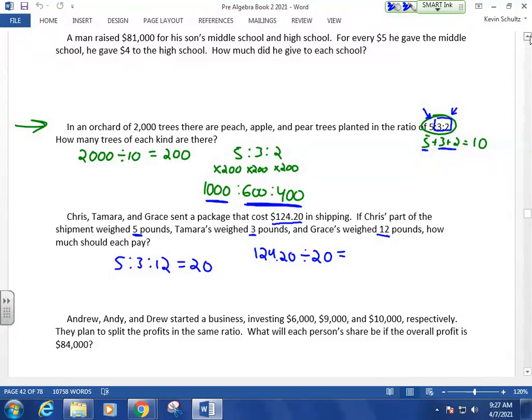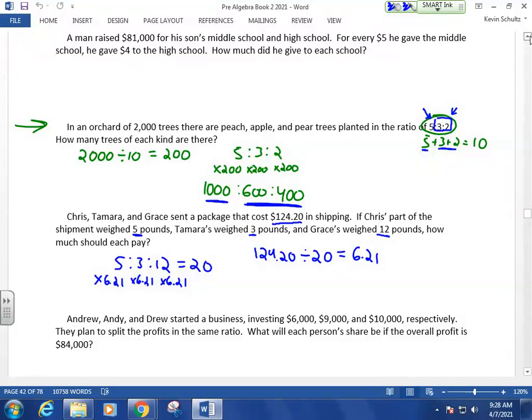So 124.20 divided by 20 is $6.21. Okay, that means that for every pound that each person is responsible for, they should be paying $6.21. So Chris, whose part of the shipment is 5 pounds, he should be paying $6.21 5 times. Tamara, whose responsibility is for 3 pounds, should be paying $6.21 3 times. And then Grace, who's got the heaviest part, 12 pounds, she's paying that $6.21 12 times,